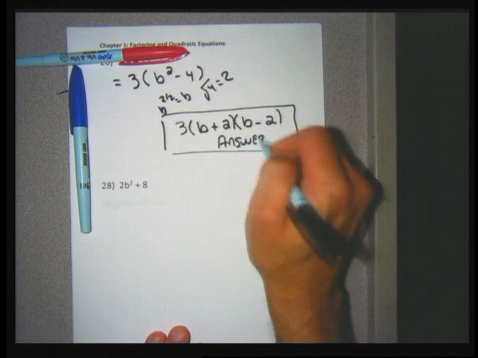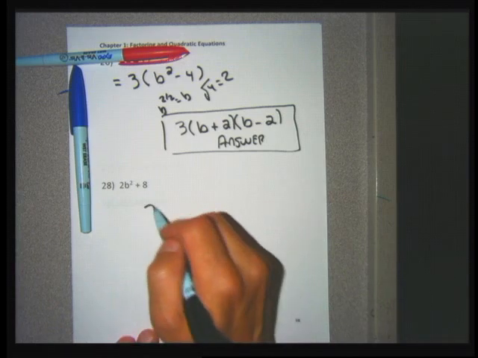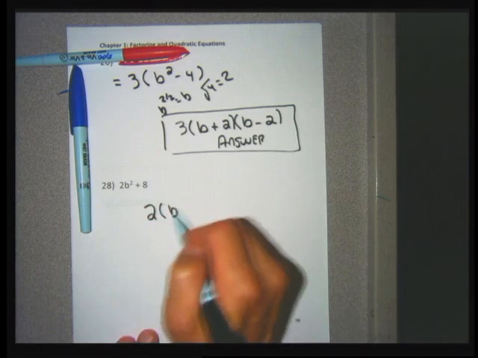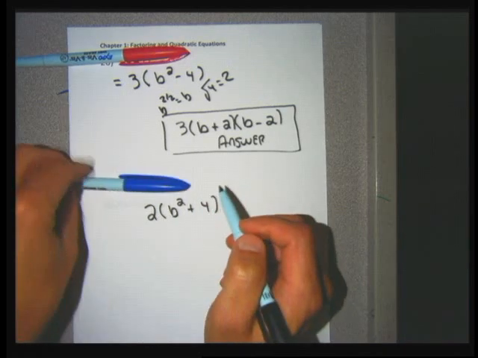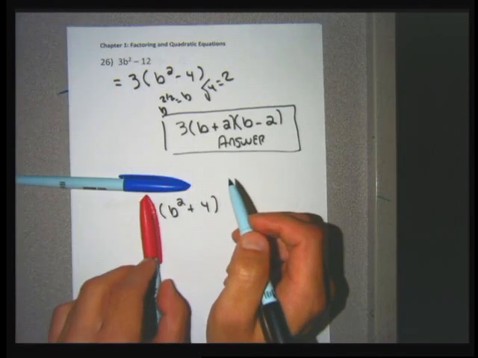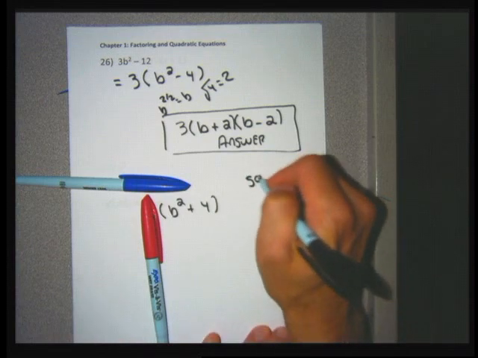28 has a common factor as well. It's a common factor of a 2. I'm going to factor out a 2 and be left with a b squared plus 4. Now I ignore the original problem. I ignore my common factor. I look at what's in the parentheses, and what's in the parentheses is a square problem